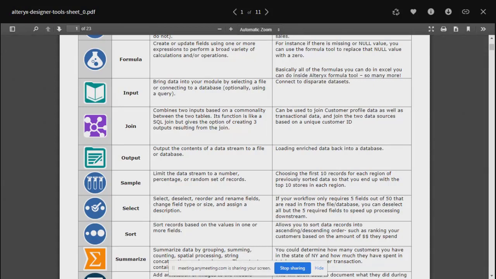We need to take multiple inputs here. Like if I'm taking three files or four files, then we can union all of them first, and after that we can put the join.